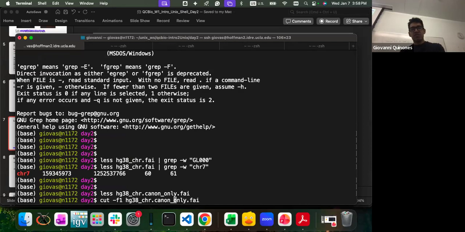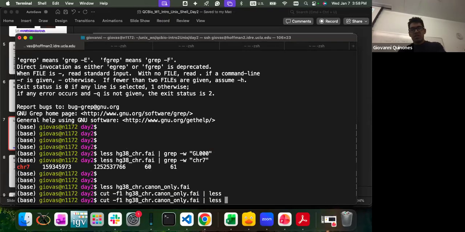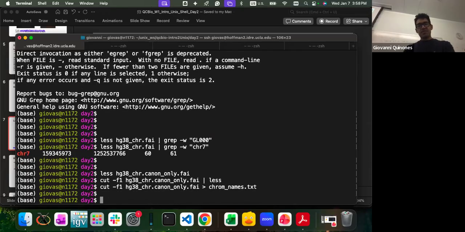So I'll cat column 1. I can always type and just see this intermediate output. So cat F1 less. Here I see I only have column 1, so I have the chromosome names. And I can redirect this to a temporary file, which I'm gonna call chrome names. Okay, now from the bigger file,